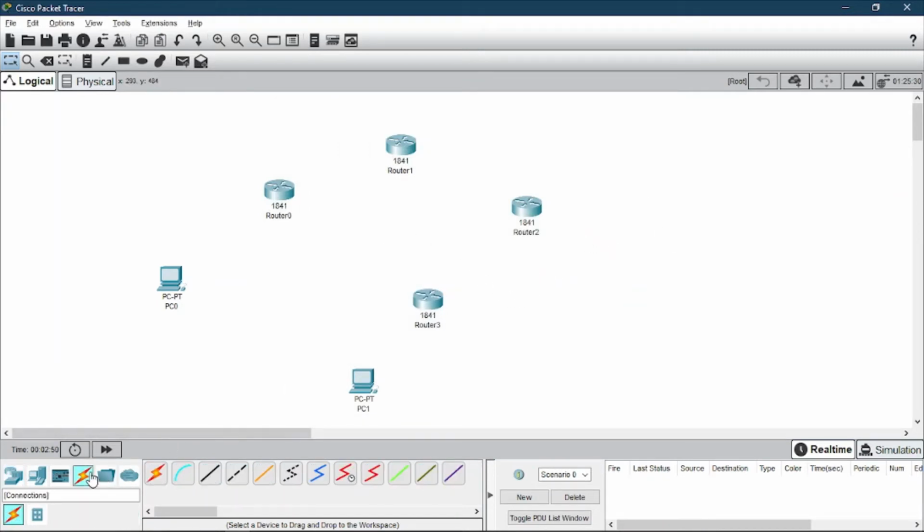For connecting, we have to use the serial DTE wire. Press control and click on this, so you can actually connect all devices at a time. Click on router 0, select serial 0. You can give ports as you wish, but we have to remember what ports you have given for easy IP address configuration. Okay, the routers are connected now.